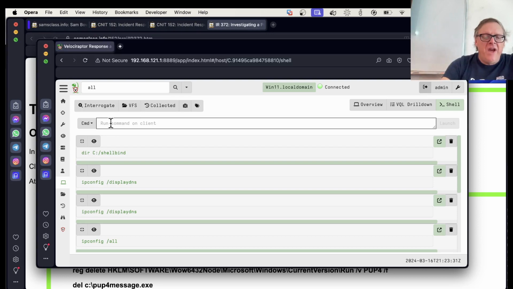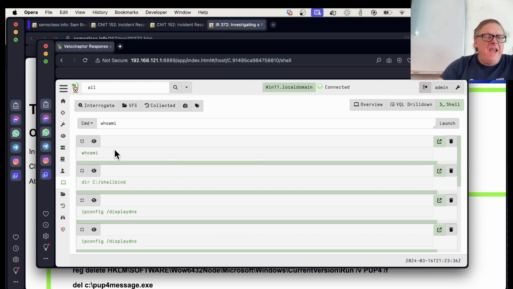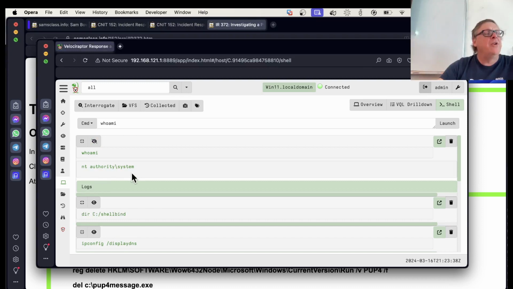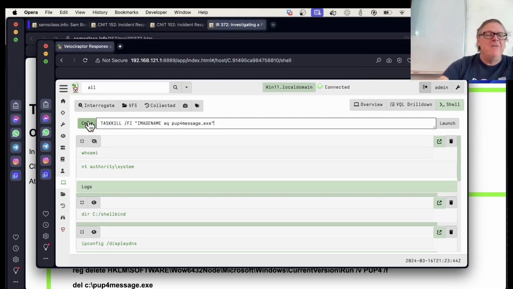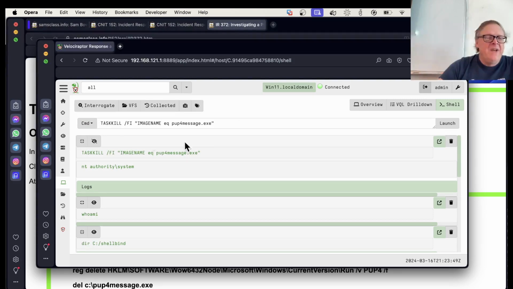And by the way, you see who I am. Who am I? And launch it. And the answer is here. I'm NT Authority System, which is more powerful than the administrator. That's why you could argue that maybe I shouldn't have the power to run arbitrary commands here. But anyway, there's the command I'd like to do task kill. So I run that, and